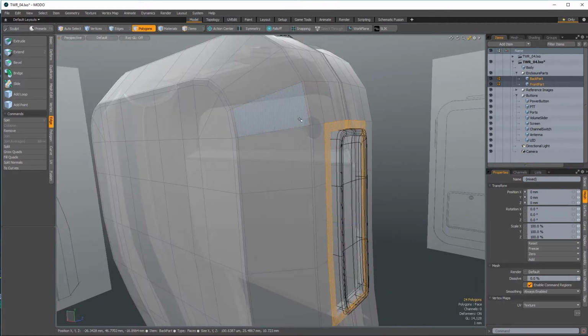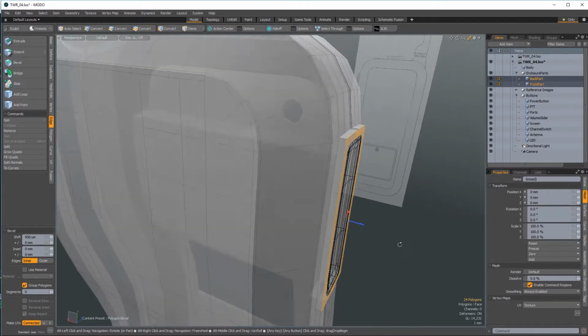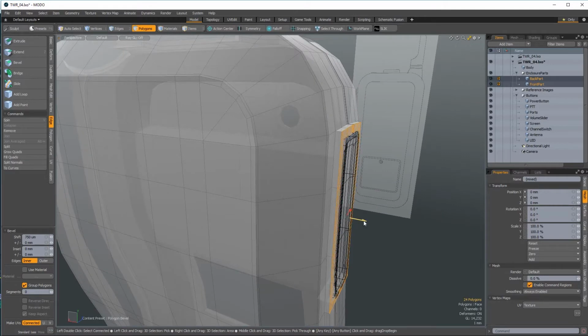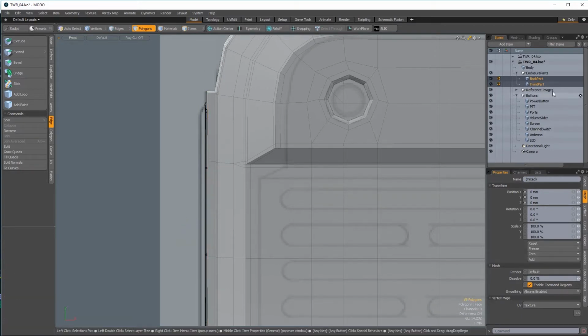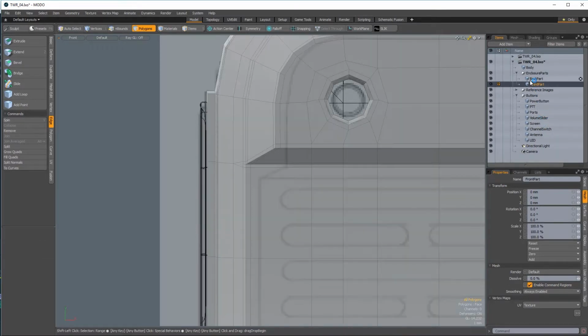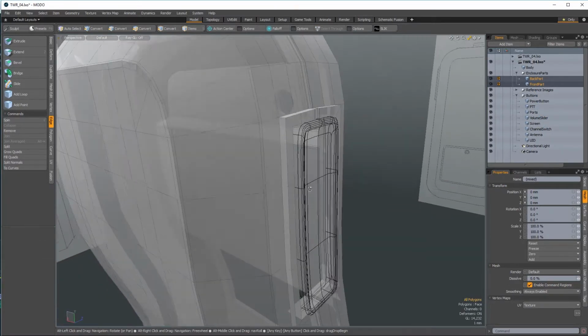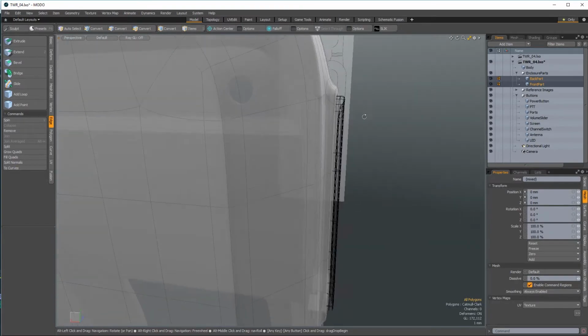There we go. I'll hit B for bevel, and I'll just bevel these out like so. Maybe a little bit less. Let's look at the reference image. That looks about right. And then I'll move my push to talk button out a little bit, like so. All right, let's grab the front and back piece, go into Catmull Clark, and let's see, I'm actually